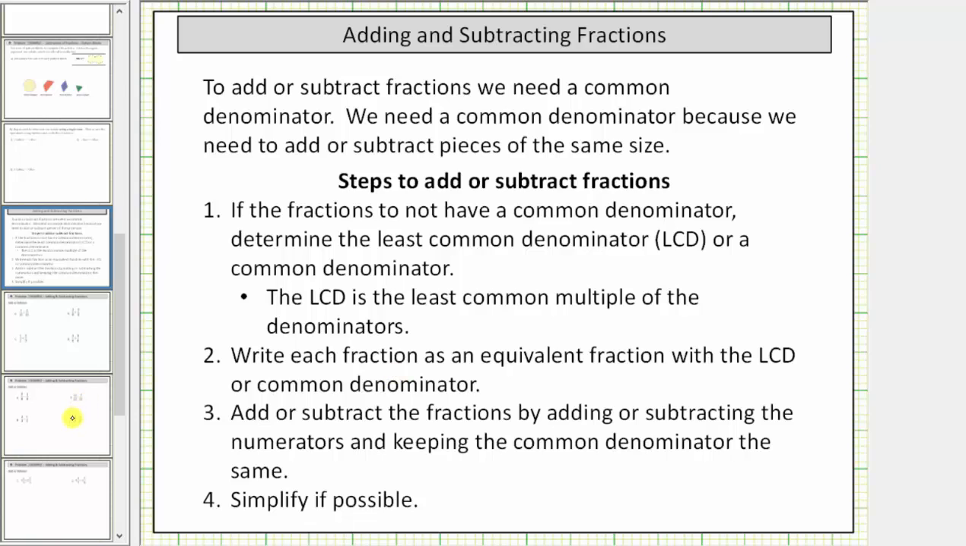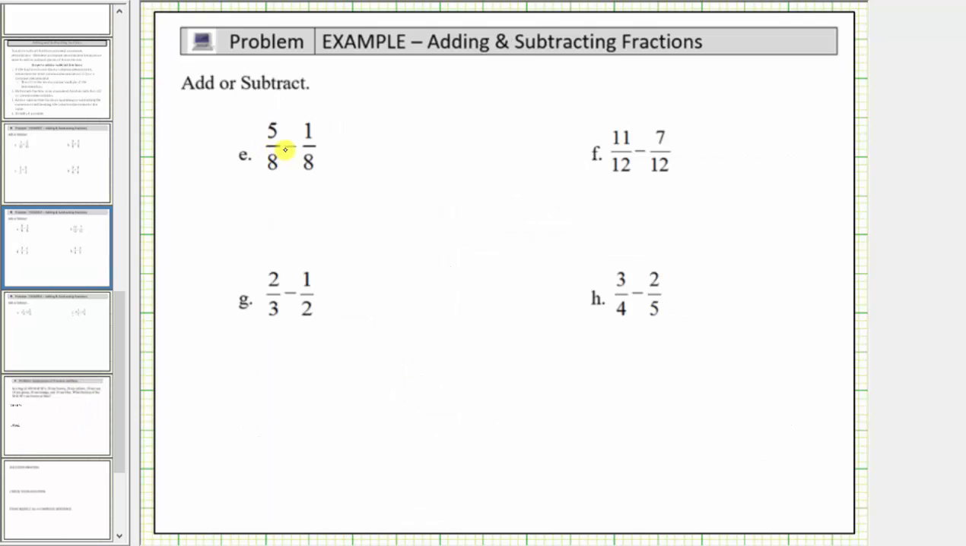So going back to our examples, here we have 5/8 minus 1/8. The first thing to recognize is that we do have a common denominator of 8, which means the parts or pieces are the same size. 5/8 minus 1/8 means we have 5 copies of 1/8 and we're subtracting 1 copy of 1/8. So to find the difference,